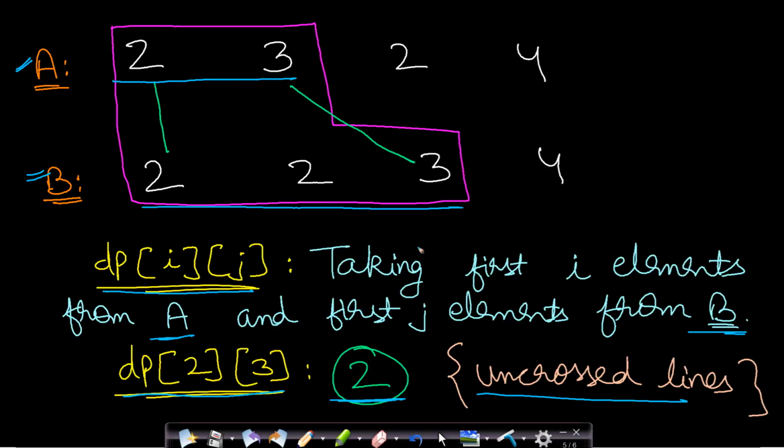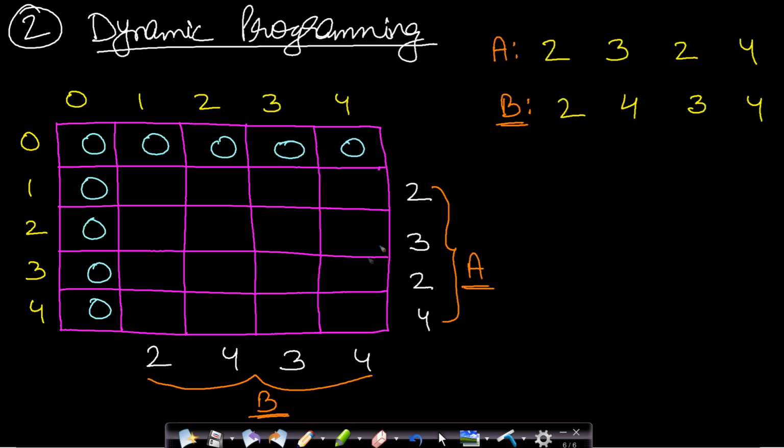Now since you know about the repeating subproblems, the optimal substructure and the notation of this DP, let us solve an example in order to fully understand the solution. Let us say we are given 4 elements in A and 4 elements in B. Actually there can be any number of elements in A and any number of elements in B. They need not be equal. In this case, we will draw a DP table. This is the tabulation method.